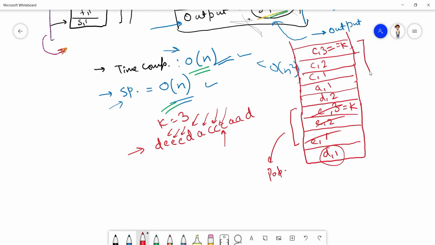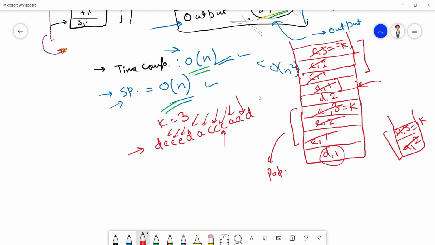Pop the k elements, or the three elements, from the top of the stack. So this will be popped, this will be popped, this will be popped, right? Now we will come over to A, and we see that the top of the stack was A. Now we will push it into the stack with the value 2 by increasing the counter, right? Now we will come over to the last A, and we see that the top of the stack was A also. Now we will increase the count, and now the count has become equal to k. Now we will pop the k elements from the stack. So this will be popped, this will be popped, and this will be popped, right?